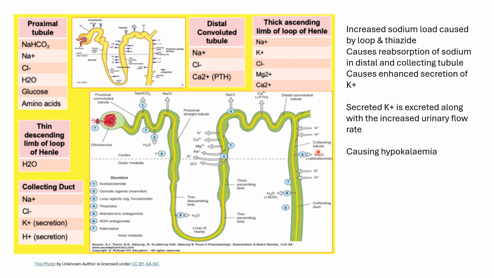This secreted potassium is excreted along with the increased urinary flow rate, causing hypokalemia. So this is the reason that loop and thiazide diuretics cause hypokalemia, while spironolactone does not cause